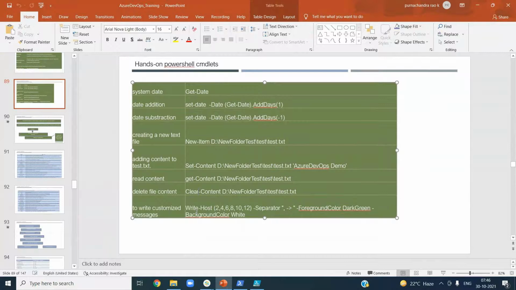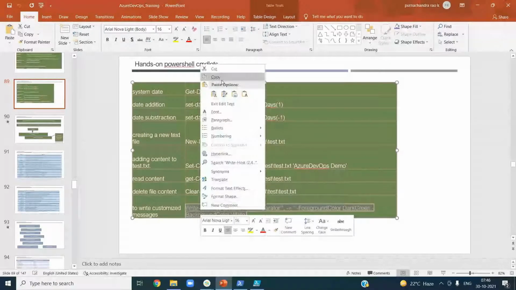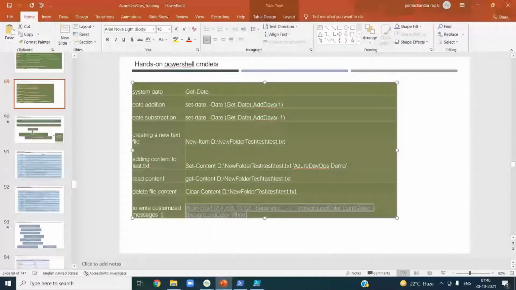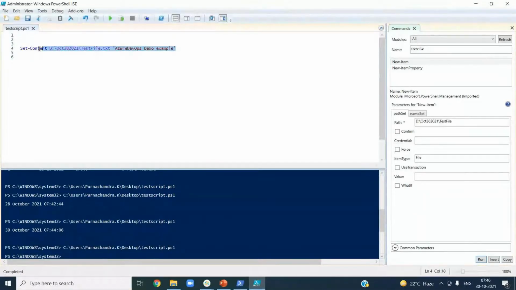I don't prefer these kinds of commands, but since they exist, let's go ahead and try this one as well. You can customize the messages that appear in your command prompt. You can set the color of the background and foreground of your output in the commands as well. Right now everything is blue and white. You can change this appearance as well. I'm not in favor of it because it doesn't matter much for me, or for that sake anyone.